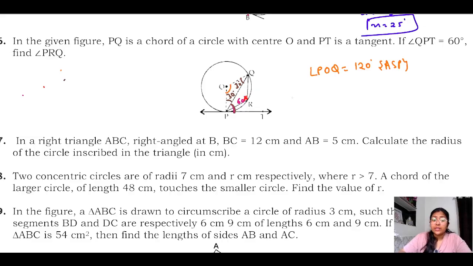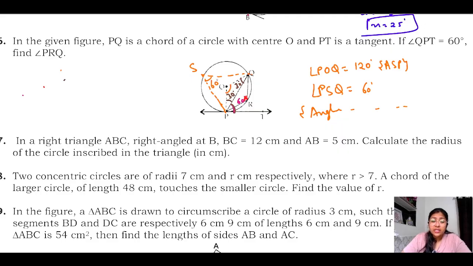Okay. Now see, we will do a construction. We will subtend an angle PSQ from the chord PQ at the circumference. This point is lying on the circumference. Okay. So can you tell me the angle PSQ measurement? Yes, it is half of the central angle because we have read the theorem: the angle subtended at the center is twice the angle subtended at the circumference. So the circumference angle will be 60 degrees.